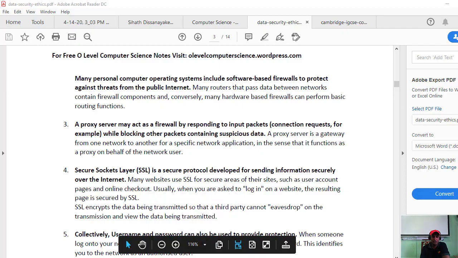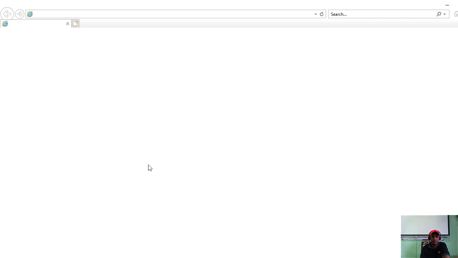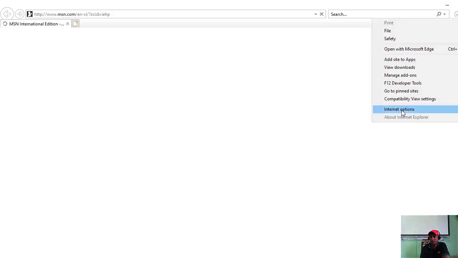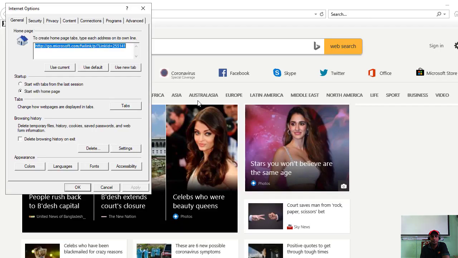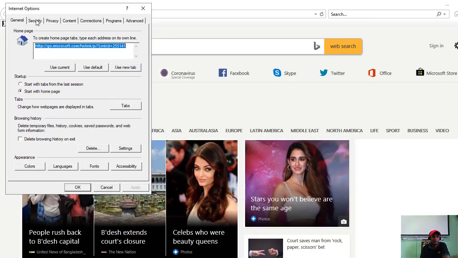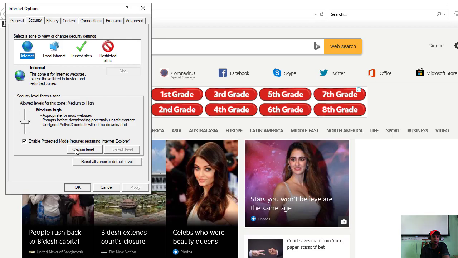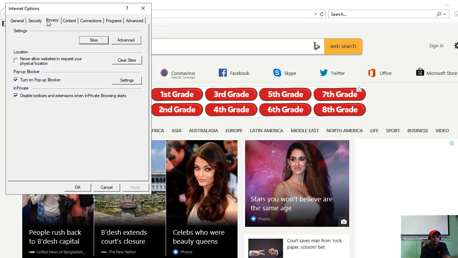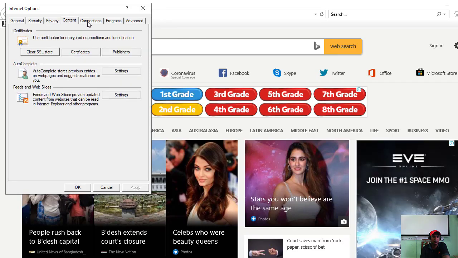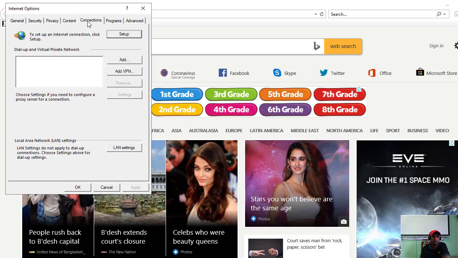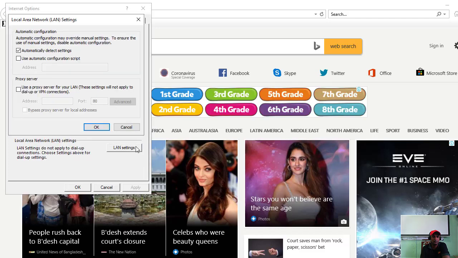Wait, I will check where we can see the proxy settings in Internet Explorer. See, proxy server.